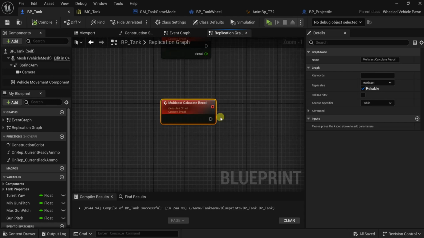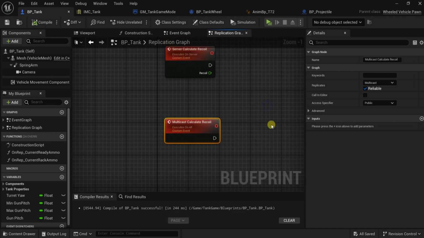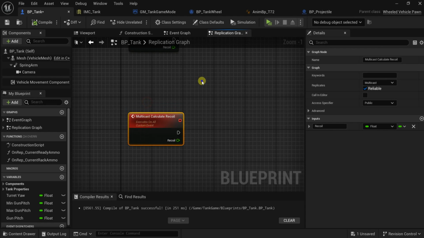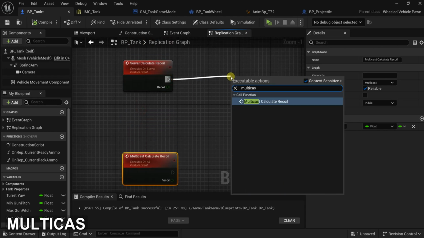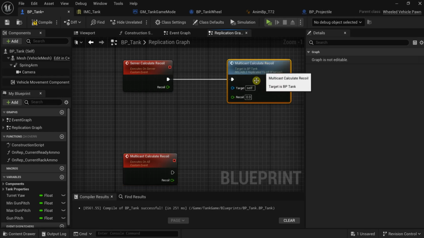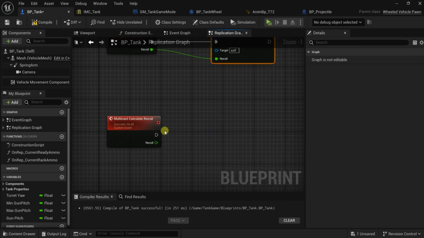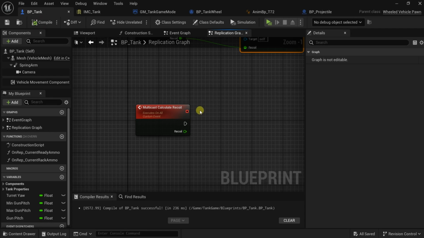As I said, it is because of my internet, but you can make it unreliable if you have a good internet. Also here we add a float, also called recoil. Here in this multicast, first let's call this multicast here. Multicast calculate recoil, and also coordinate the recoil. Now in the multicast calculate recoil,